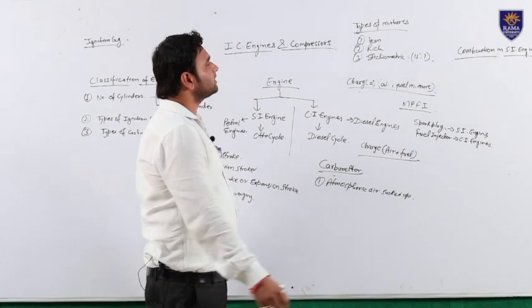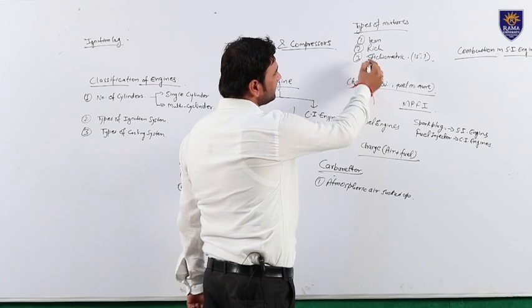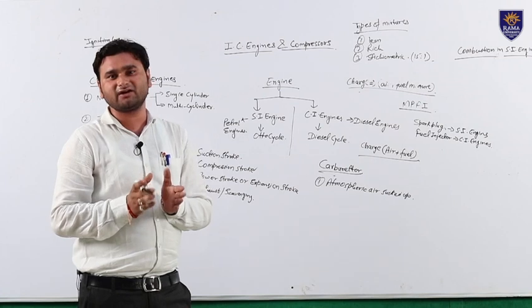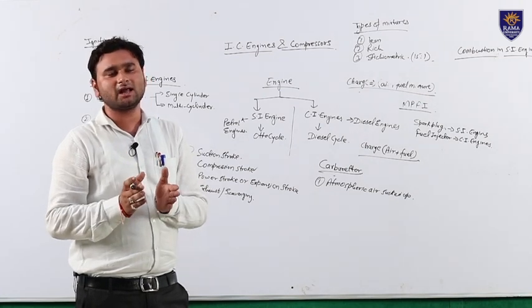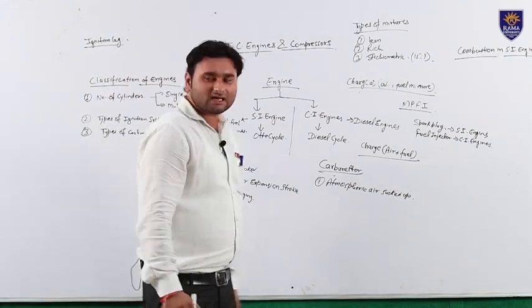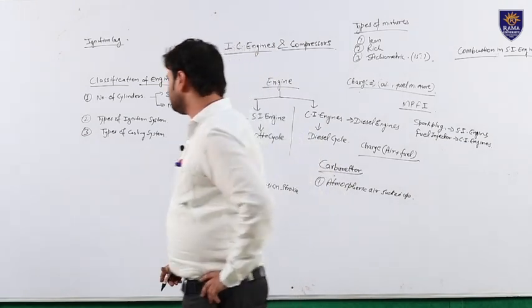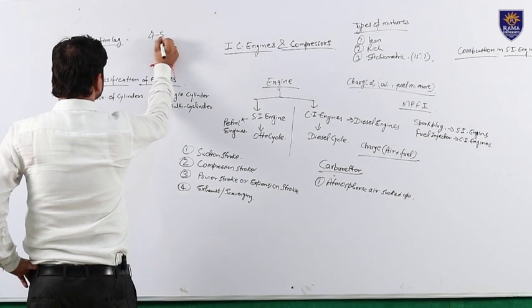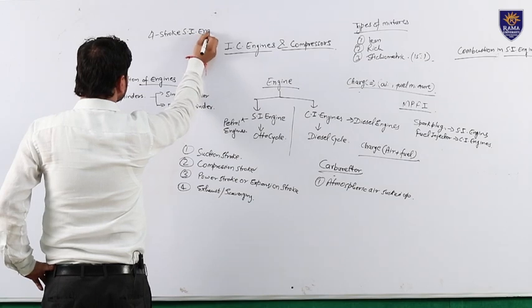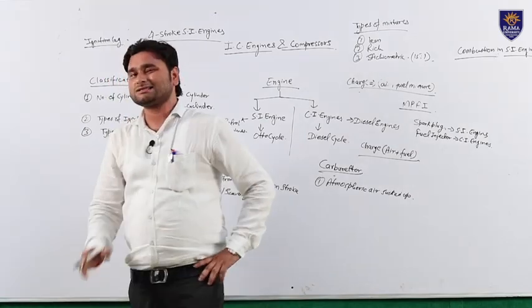Earlier I was discussing the types of mixture. There are basically three types of mixture, as I have told you earlier: lean, rich, and stoichiometric. The carburetor simply prepares the charge, that is air fuel mixture. It supplies it to the engine, and hence the combustion of fuel takes place. Now I would be discussing the combustion of fuel in case of 4-stroke SI engines. In case of 4-stroke SI engines, an engine